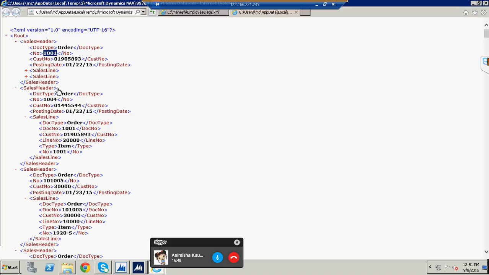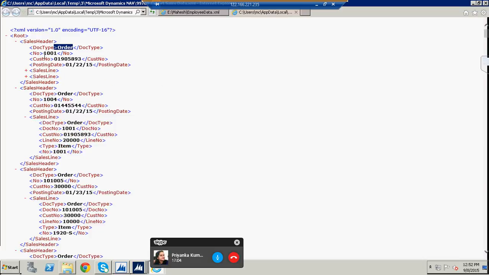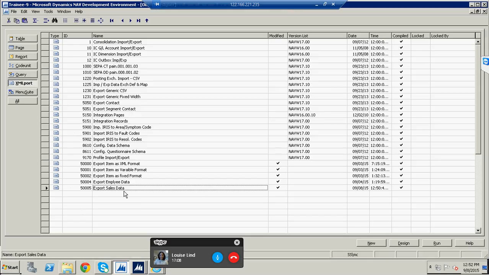Because of the relations, it will link the header and document type to this particular sales line, and it will display only those particular order lines. Suppose now for 1001 we have two lines. So suppose if I